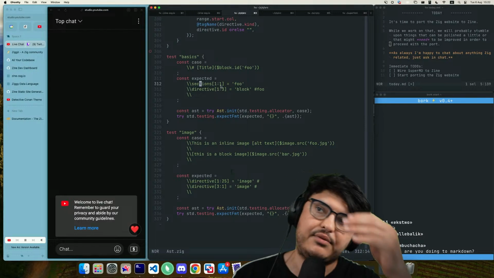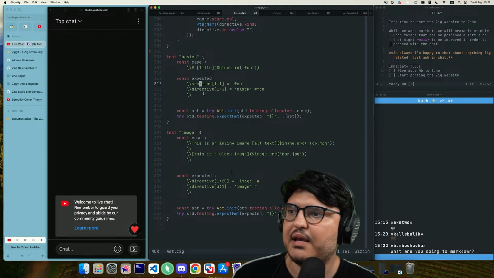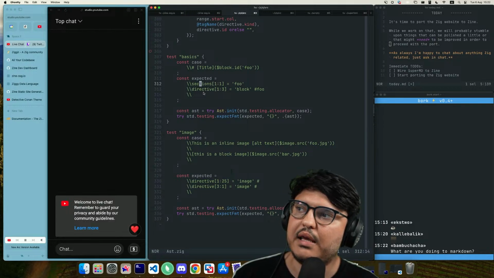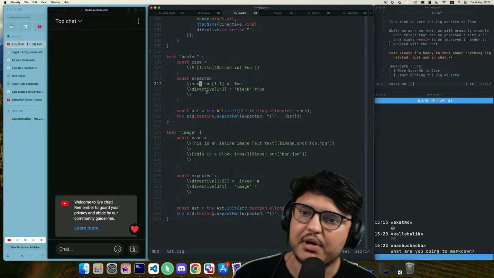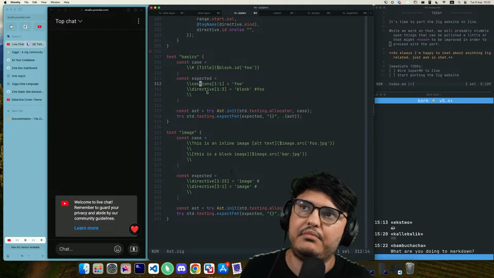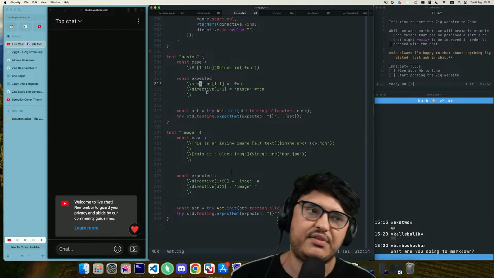What are you doing to Markdown? Oh, so Bamboo Chacha, I am extending Markdown and making it a proper markup format for describing things that aren't just readmes, but also more serious stuff.